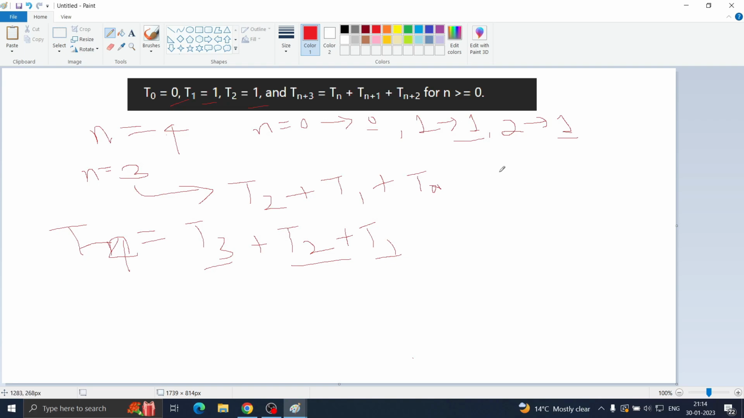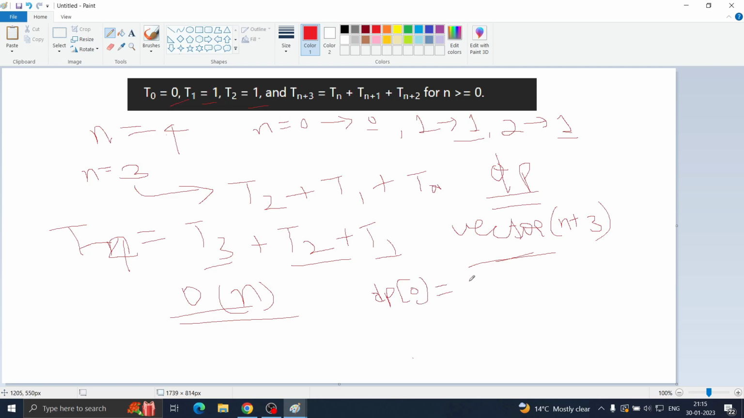There are two ways. As we are discussing the DP method, the dynamic programming method, we will create a vector of n plus 3 size, and we will store all the values in a single loop of O(n). We will run through the loop and store the values in the vector and use them when required. So if we initialize our initial values, that is, the 0th value to 0, the first value to 1, and the second value to 1 as well,